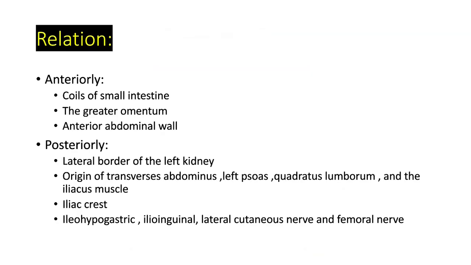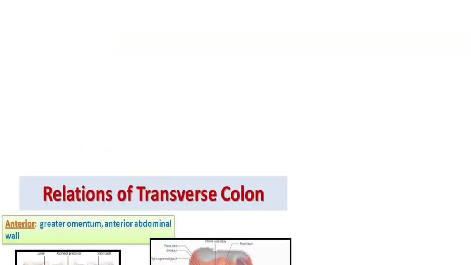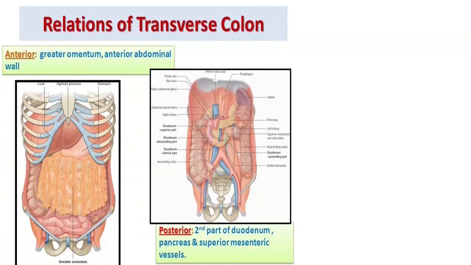So the relations of the descending colon: anteriorly it has the coils of small intestine, the greater omentum, and anterior abdominal wall, while posteriorly it has the lateral border of the kidney, origin of the transverse abdominis, left psoas, quadratus lumborum, and the iliacus muscle. Posteriorly it also has the iliac crest, and in nerves it has the iliohypogastric, ilioinguinal, lateral cutaneous, and the femoral nerve. As you can see here,